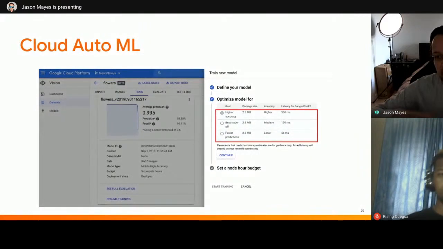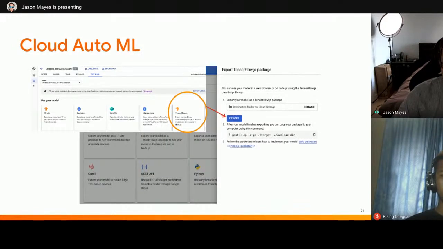But basically, you set a budget, and then it will go away and train for several hours, and it will come back with a machine learning model it thinks is best for your situation. It will try tens of different models with hundreds of different hyperparameters, so you don't have to do any of that work. Now, once it's finished, you can actually export this to TensorFlow.js. You'll see this little export window once it's finished training, and you can go to TensorFlow.js here on the right-hand side and download the resulting file, just like we did in the Teachable Machine, but with Cloud AutoML.